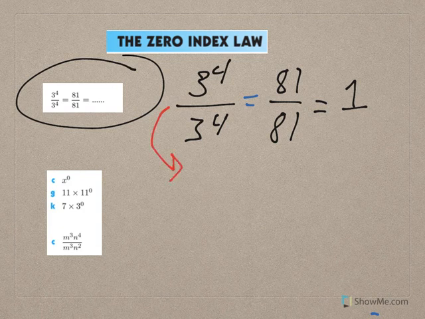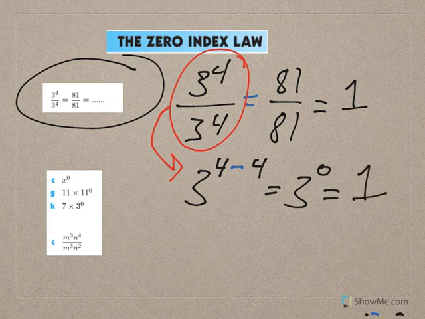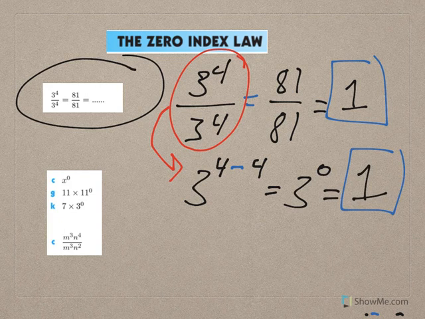tutorials and examples, that when we're dividing numbers with exponents or letters with exponents, we subtract the exponents. So we take the 4 and we subtract it, and we are going to have 3 to the power of 0. 3 to the power of 0 equals 1. Okay? So the zero index is 1. Therefore,